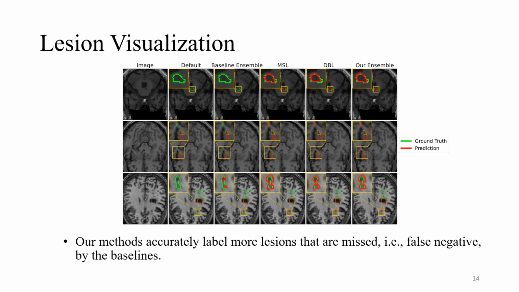In these visualizations, you can see how our methods accurately label many small lesions that baseline methods tend to miss, particularly in the zoom-in areas. These examples highlight the effectiveness of our approach in detecting small lesions, demonstrating a clear improvement over traditional segmentation methods. The visual evidence reinforces the capability of our methods to enhance clinical decision-making by ensuring that even subtle lesions are